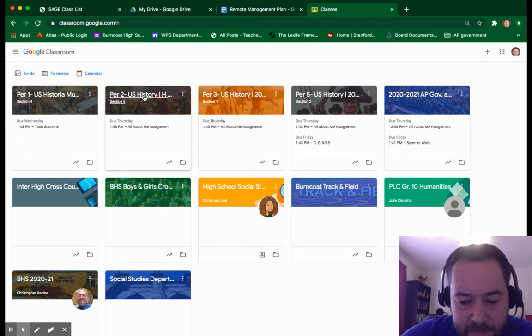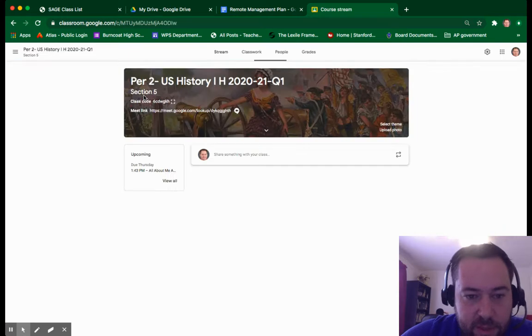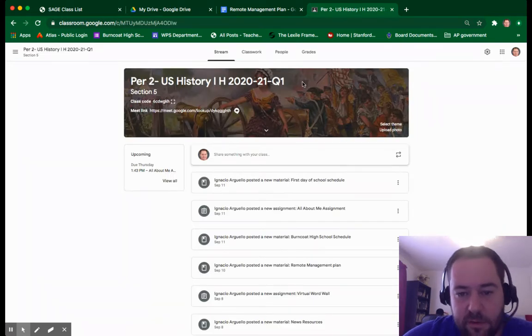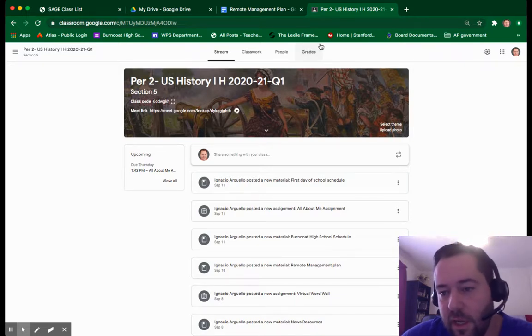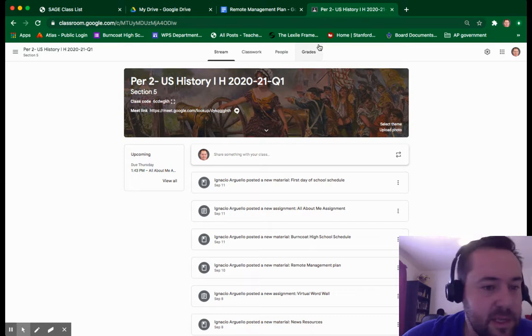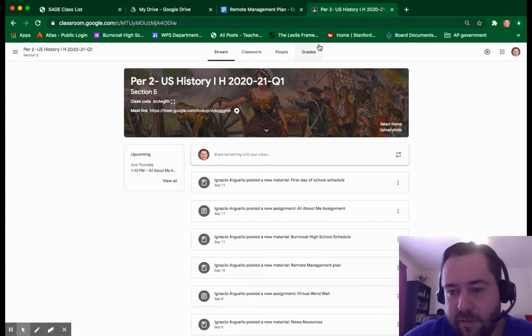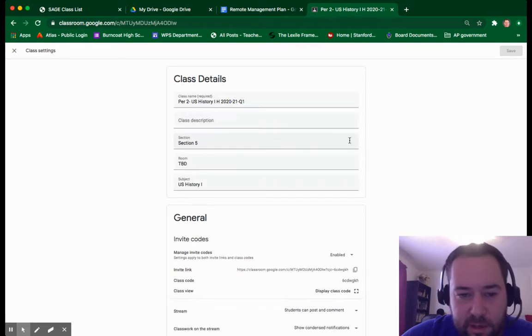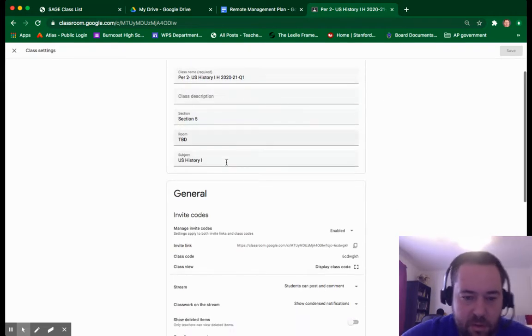If we click on it, the first thing you can notice is I've already populated it with some assignments and some tools. Up here is the grade function. But it takes some setting up before you just dive in and start grading. My recommendation is you come over here to the settings function, this little pinwheel on the side here in the right hand corner. When you click on it, you will be able to name your classroom